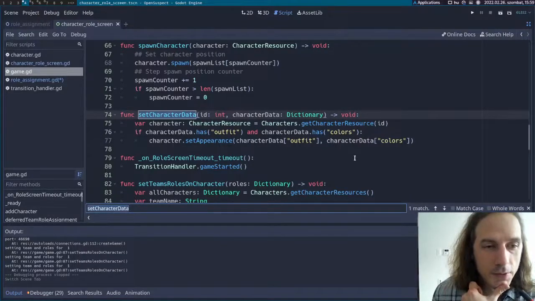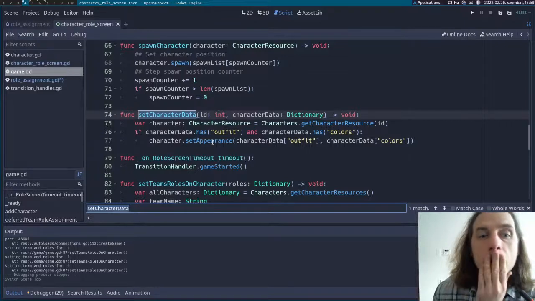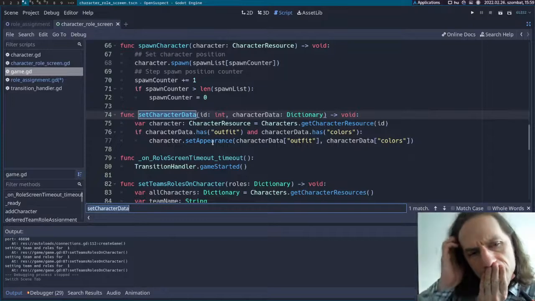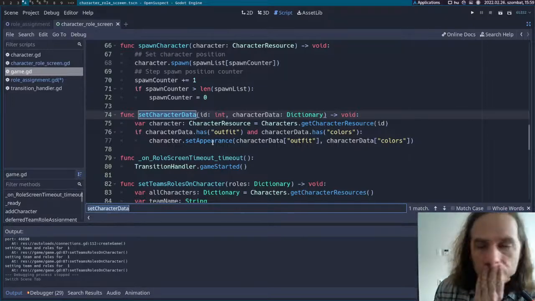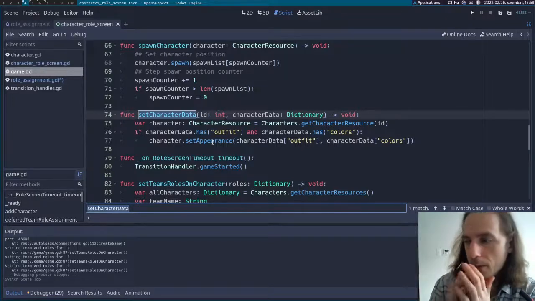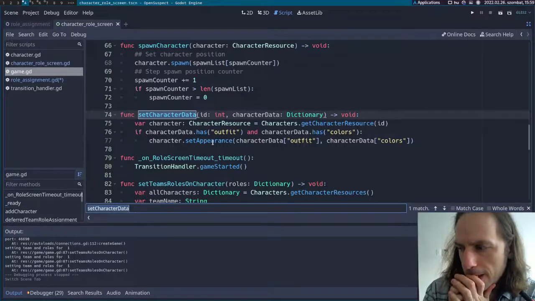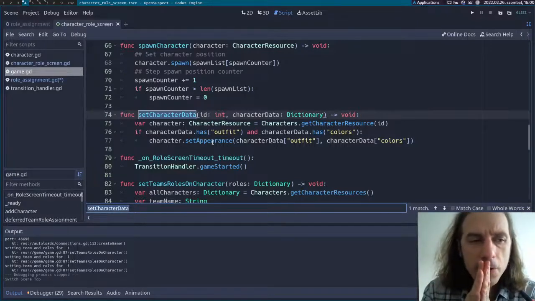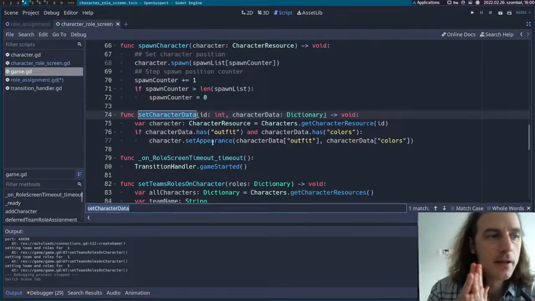Set character data is called from outside, but how do I deal with this? I need to find